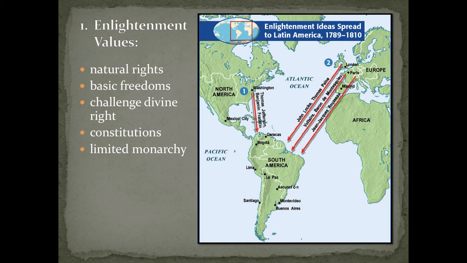The idea of limited monarchy: if you're going to have a monarch, at least restrict what they do, and in some cases, perhaps being anti-monarch. So putting power into the hands of the people, which is the idea of popular sovereignty. Therefore, representative democracy, also known as a republic, would be ideal. So there's your democracy